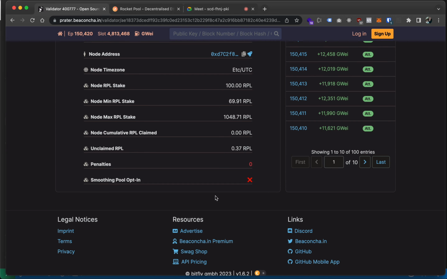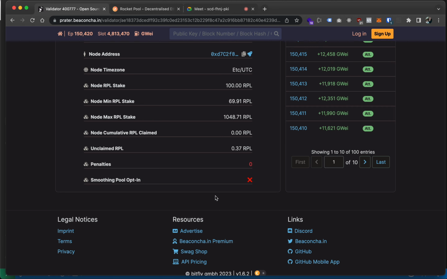One really important, which we want to set the withdrawal address to something other than the node's wallet address. This way all of the rewards, and when we exit these validators, all of the funds that are in the minipools will go to the withdrawal address, not the node wallet address. And that withdrawal address should be a very secure wallet. So you want that to be like a hardware wallet, something that has a bit more security than just a